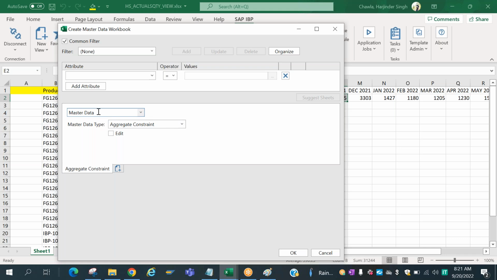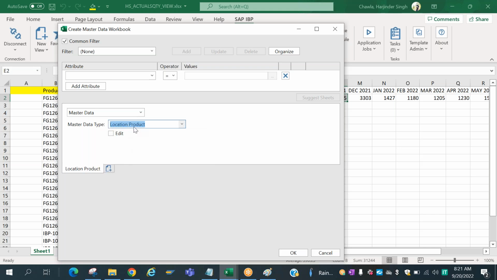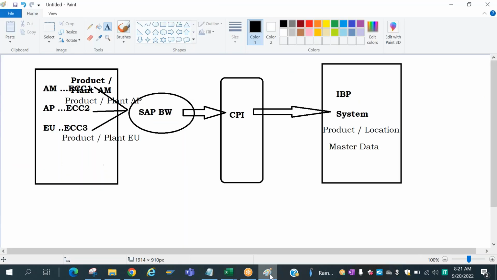Now let's say that you want to see some master data. By default, this master data is selected. Now what you want to see, you select the master data type, for example the product or the location product. Let's say that I have selected location product, and I just want to make sure that they are now available in IBP, and I don't want to make any changes. In real time, we hardly make any changes to the master data in this system. Whatever changes have to be made will be made in the source system. If there are multiple source systems, that will flow to BW via CPI and reach IBP. So here, most of the time we will only see in display mode